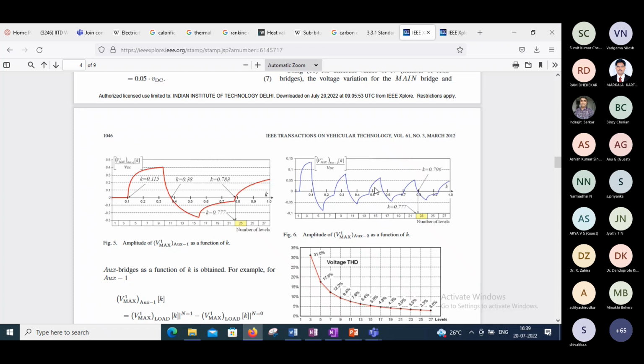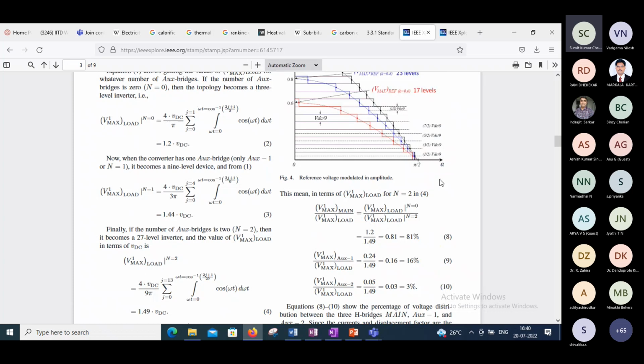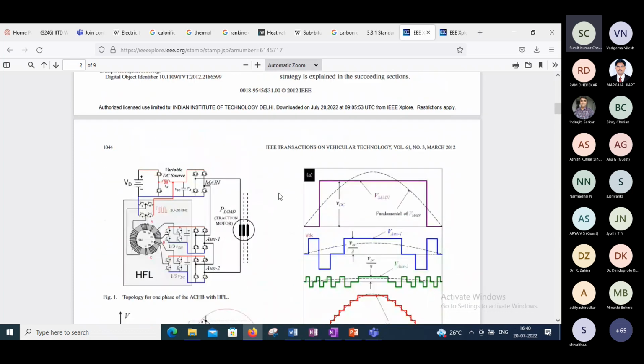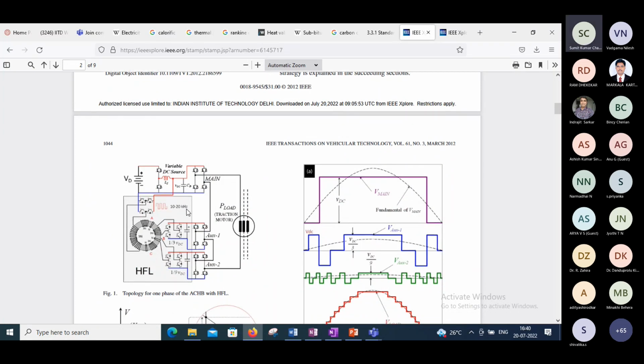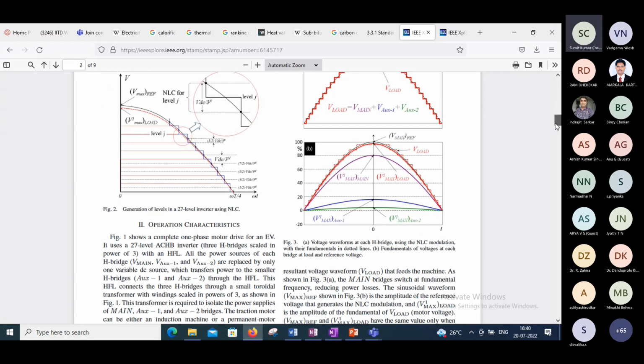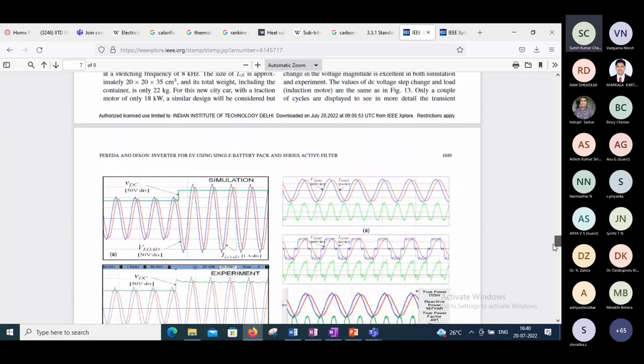So that finally varies between positive and negative. So it has identified some modulation index between 0.783 and 0.796, where the auxiliary sources will be handling minimum power. But if we want to change the output voltage without changing the modulation index, the only solution is that we should vary the DC bus voltage. So that's what is done here. And with this, they have driven an electric vehicle.